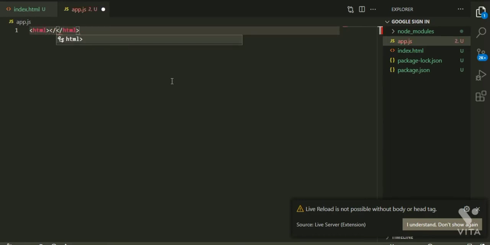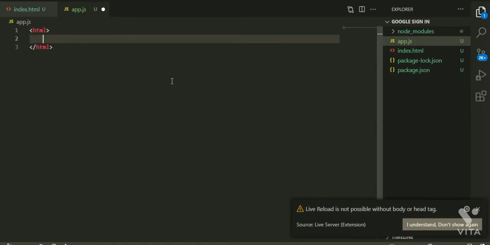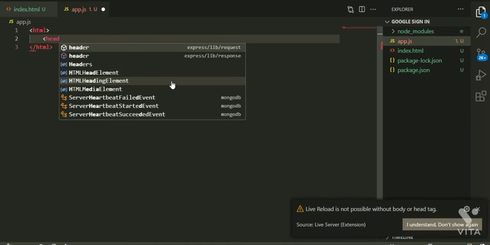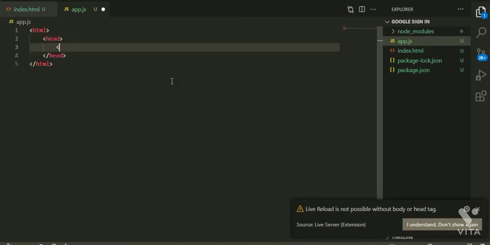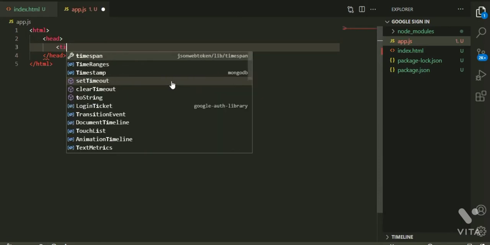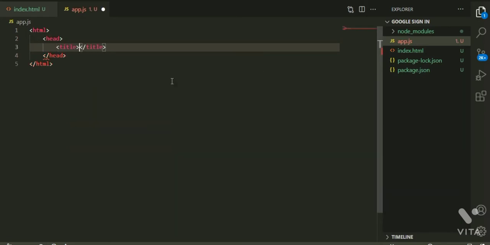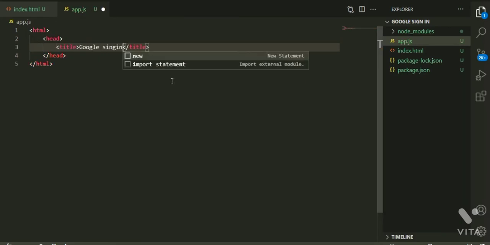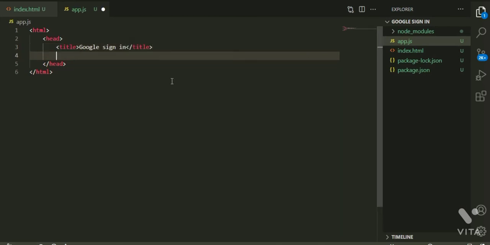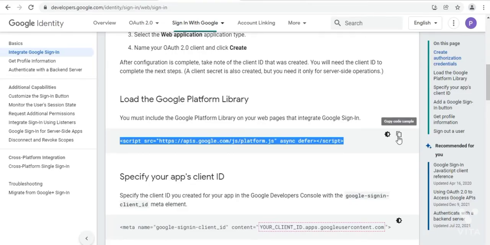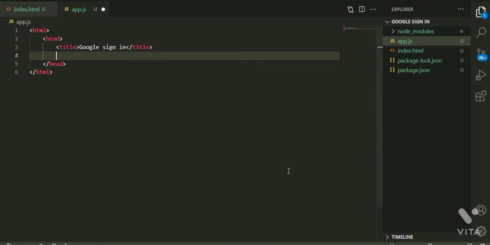This is the HTML tag, and inside HTML tag we have one head tag, title, Google sign in something, and here let us include this script tag, which is a must for our application.